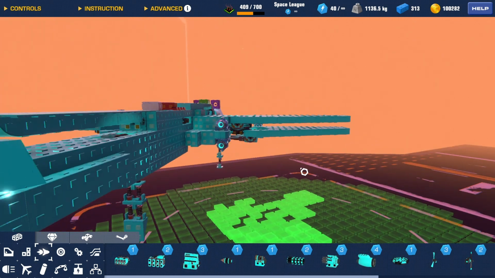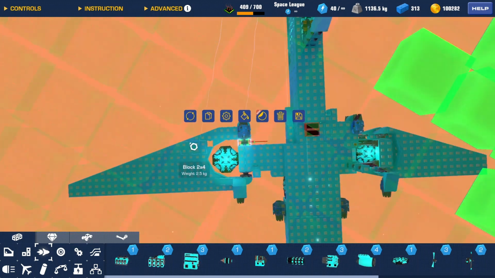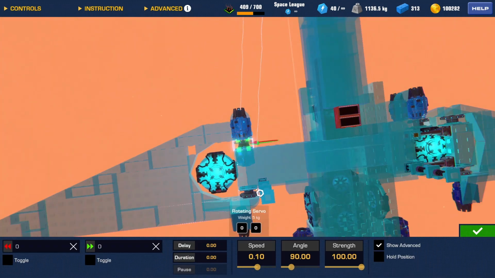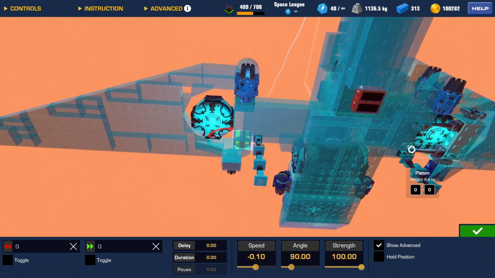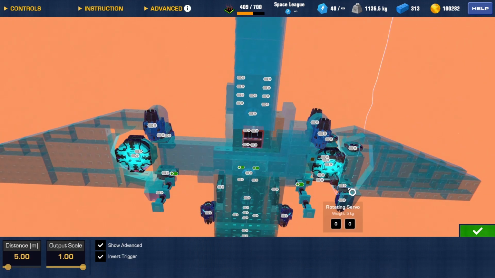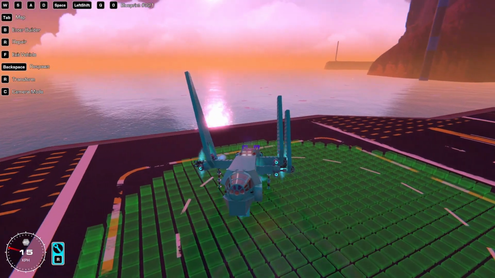So they rotate towards the top of the ship. And same for these ones. They're all set to 90 degrees so that they all come to be perpendicular to the ship as such,